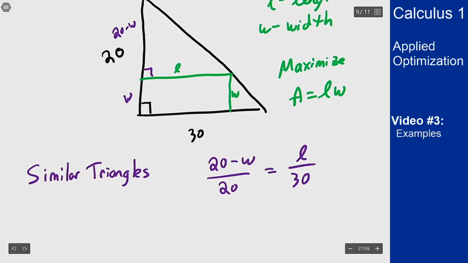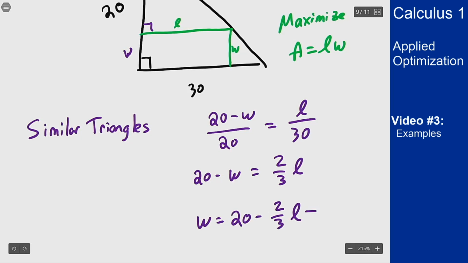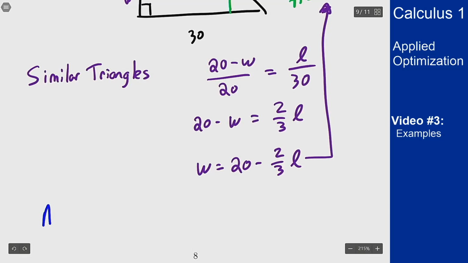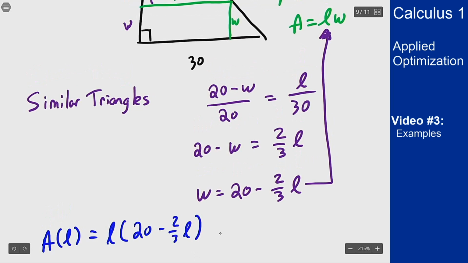Simplifying this out, I get that 20 minus W equals 2/3 L, or W equals 20 minus 2/3 L. I can plug in for W here. So if I do that, I get my area function, which is L times 20 minus 2/3 L, or 20L